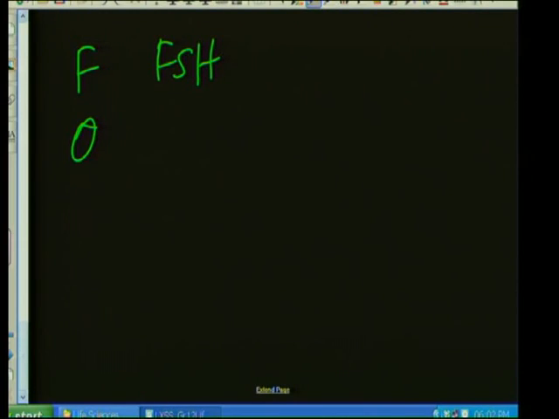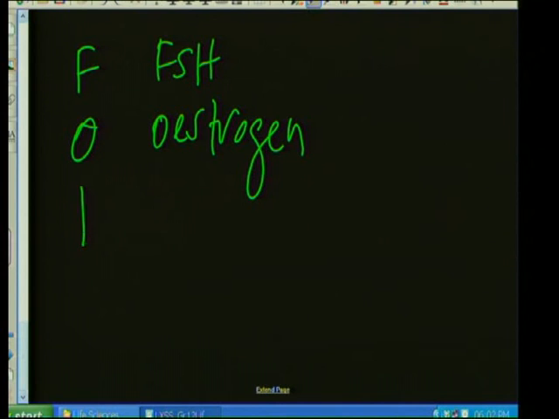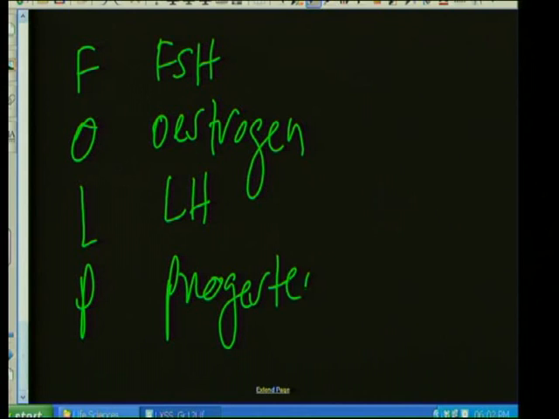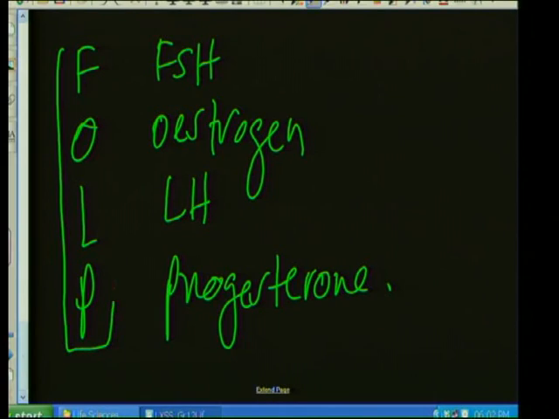F for FSH, O for estrogen, L for LH, and P for progesterone. If you know these in this order that I've given to you, FOLP, F-O-L-P,